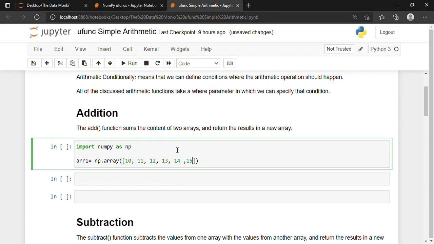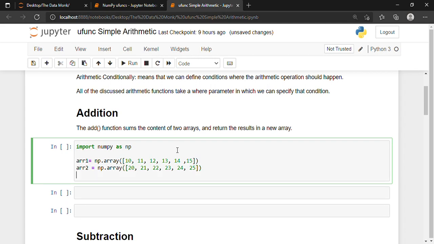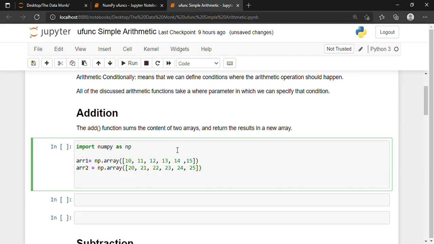Then I'm going to take a second array, and the name of this array will be array2, and array2 will be equal to 20, 21, 22, 23, 24, 25. I've taken two arrays over here, and the array in which I want to store the results, I'll name it new array.